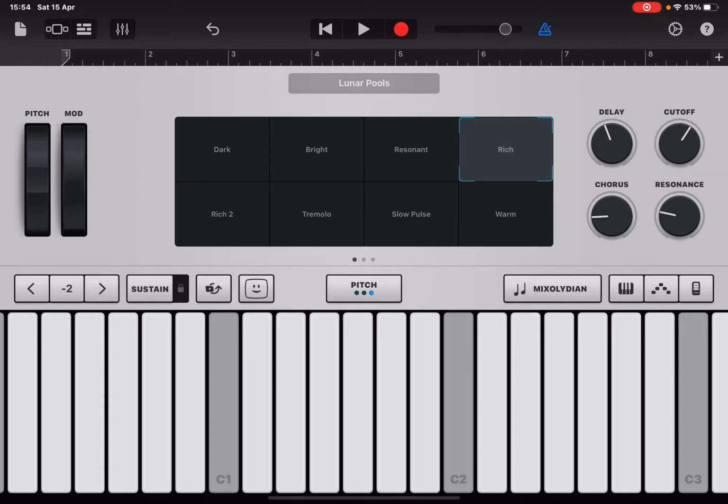Okay, now that you've had some time to experiment with your Lunar Pools sound, I'm going to show you how to record. Now, the iPad GarageBand records in 8 bars. So that's 8 lots of 4. And it's actually got a metronome that counts those 8 bars of 4 for you. And that means that it's not going on forever. It's just a short snippet of